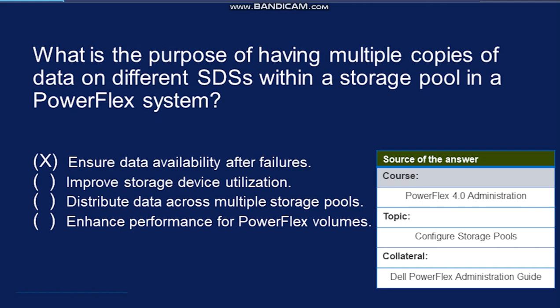Before an I/O is host acknowledged, it must be written to multiple locations using a distributed mesh mirrored layout. This is so that, should failure occur, there are still copies of data available. Features such as compression and deduplication help with storage efficiency, but creating 2 additional copies of each written I/O does